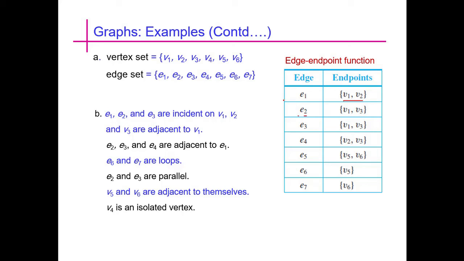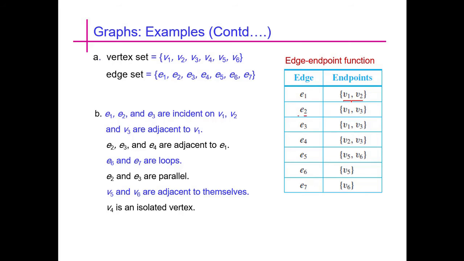So for each edge we have endpoints incident with this edge. For E6, because E6 is attached to V5, V5 has a loop, so there is a single vertex here, and in other cases we see that two vertices are present as a set. So each edge can also be represented by a set of two elements